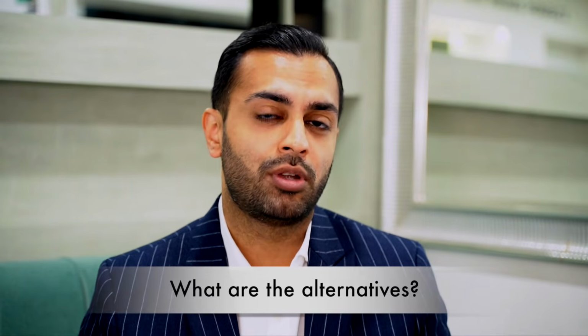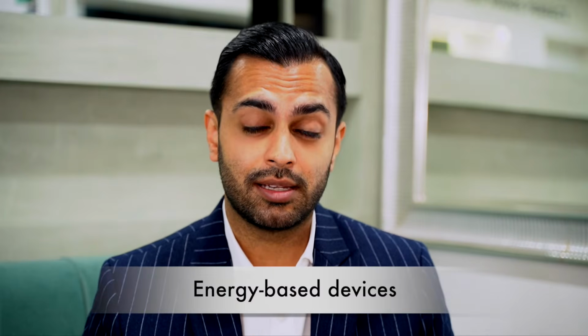So what are the alternatives within this region? Well, let's go from the least invasive to the more invasive elements. The least invasive way of doing this is through energy-based devices. So radiofrequency is a great technology to use within this region. You can take down this little area and you can tighten skin. If you tighten skin within this area, it will just bring this in slightly. You do need multiple sessions, but it's something with reduced risk,